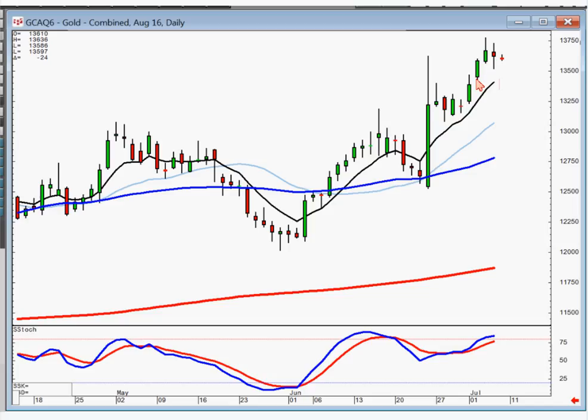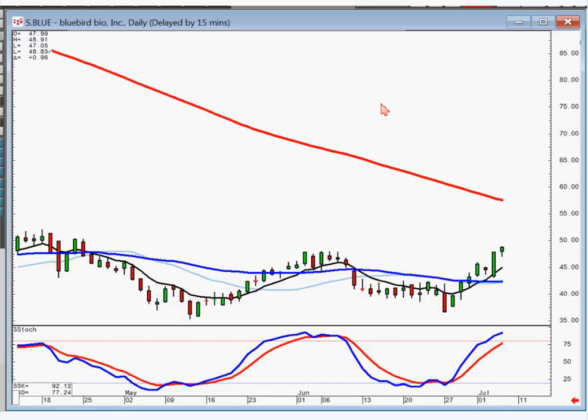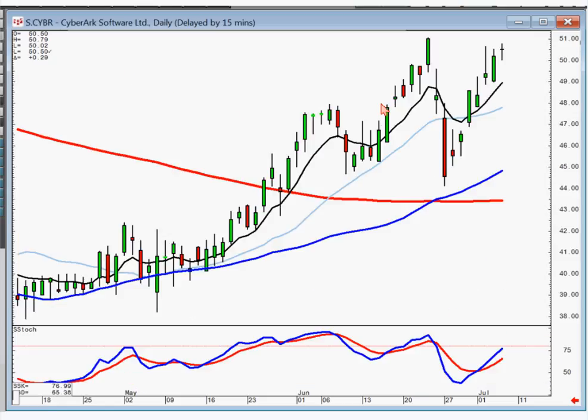See, it's still selling off, which doesn't necessarily mean it's backing off. All it might be doing is consolidating, waiting for the T-line to catch up a little bit. Did I do blue? I think I did blue. Well, maybe not. You want to be buying this one on positive trading tomorrow. Cyber, same thing. AUY,